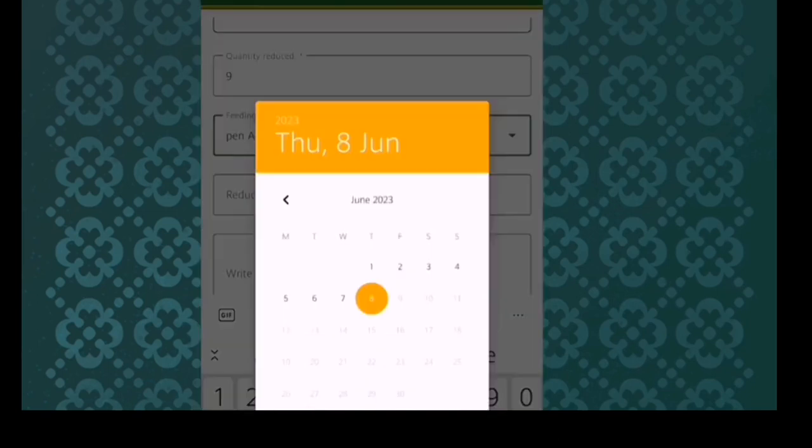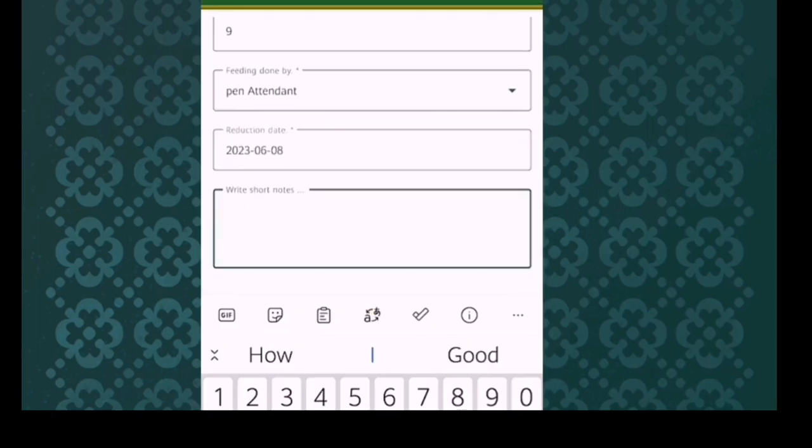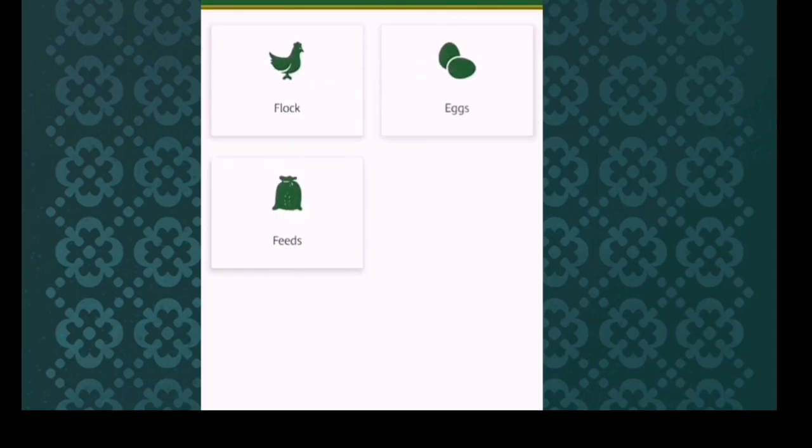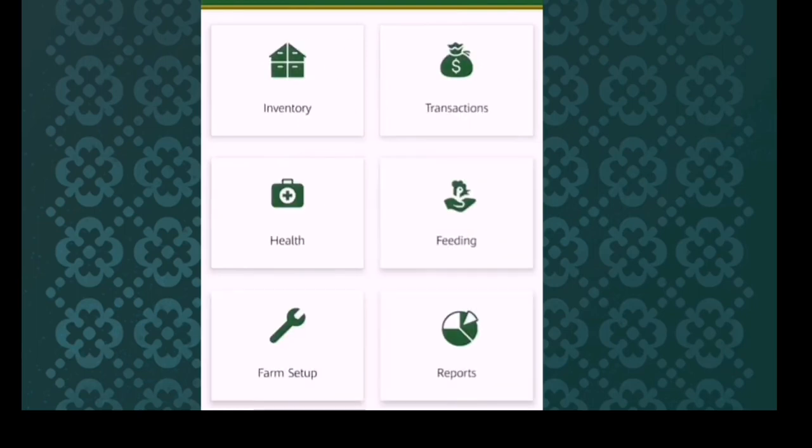Reduction date, we put the date of the reduction. We'll write the information on how the feed was actually administered to the bird. So we'll look at that. Now at the end of the day, this is the information: 9 bags consumed, and that is the information. So at the end of the day, you will get information concerning all that has happened in the farm,